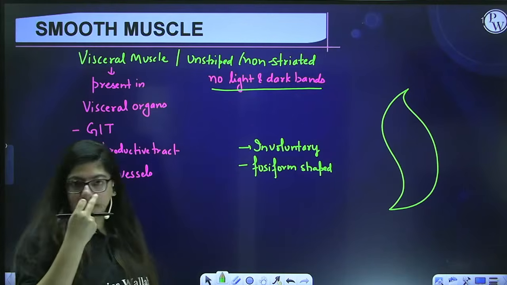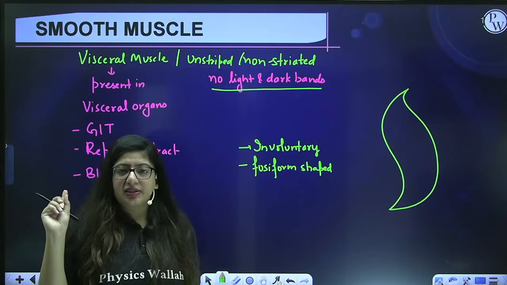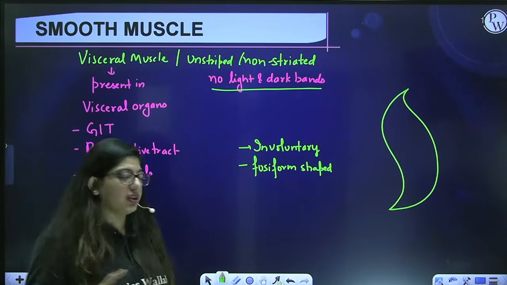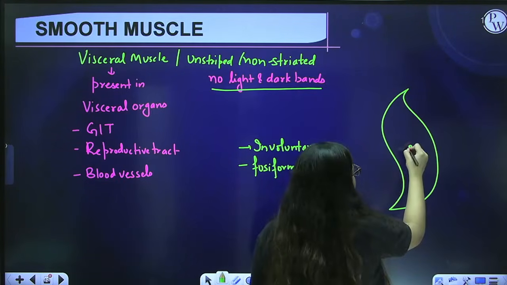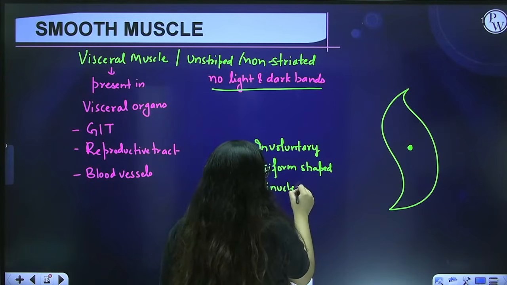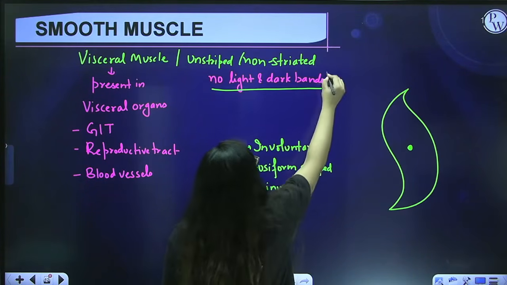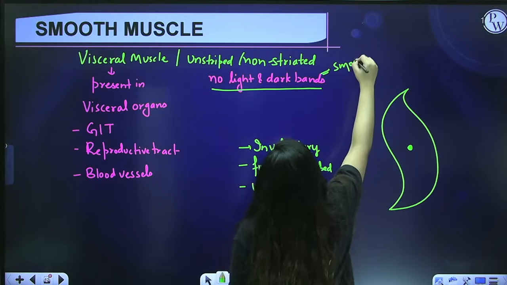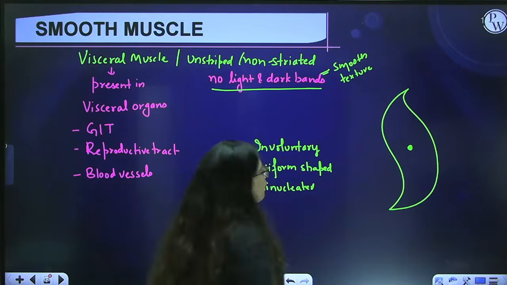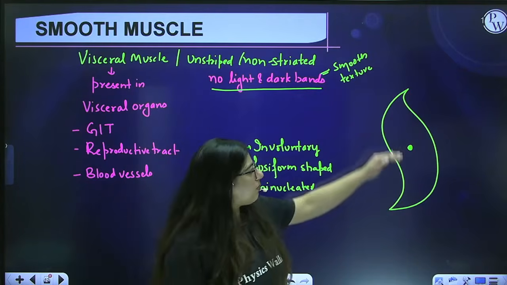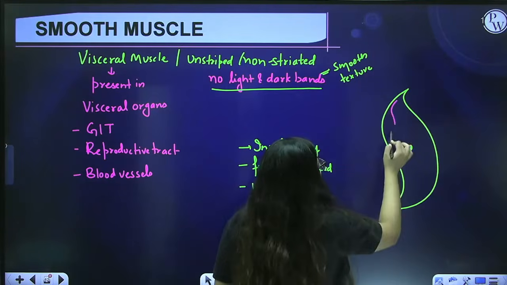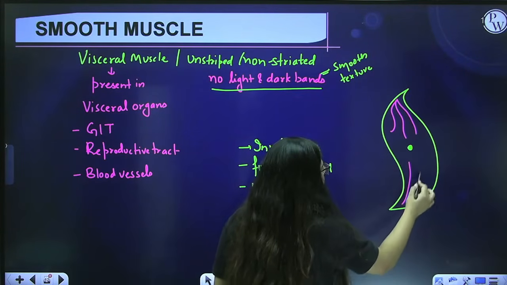Let's do the opposite things. The skeletal muscle was multinucleated, or it shows a syncytial condition. But here you will get only one nucleus in the center. So we say it is uninucleated. It has no alternating light and dark bands. That's why its texture is smooth. For more elaboration, what's the fusiform shape? It is tapered at both the ends. Now here the myofibrils will be present in the longitudinal manner like this.